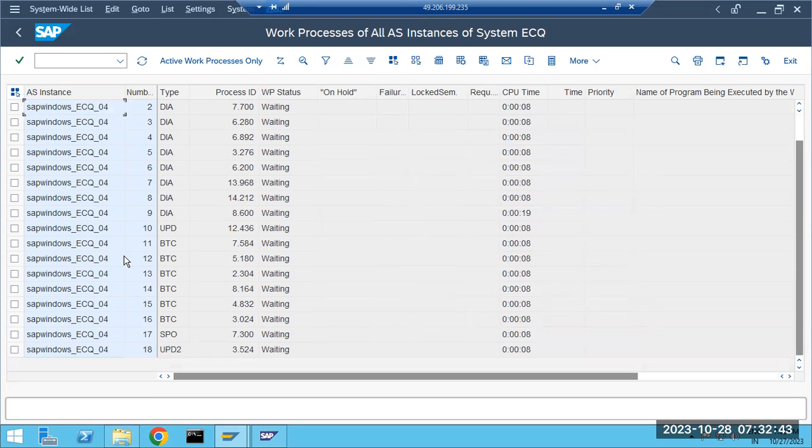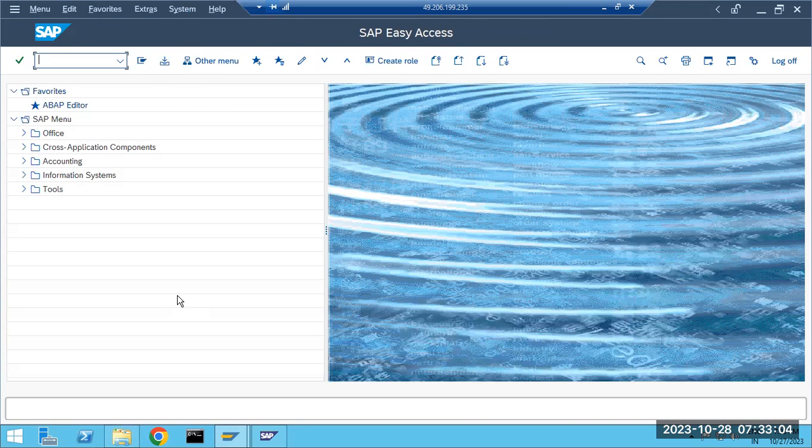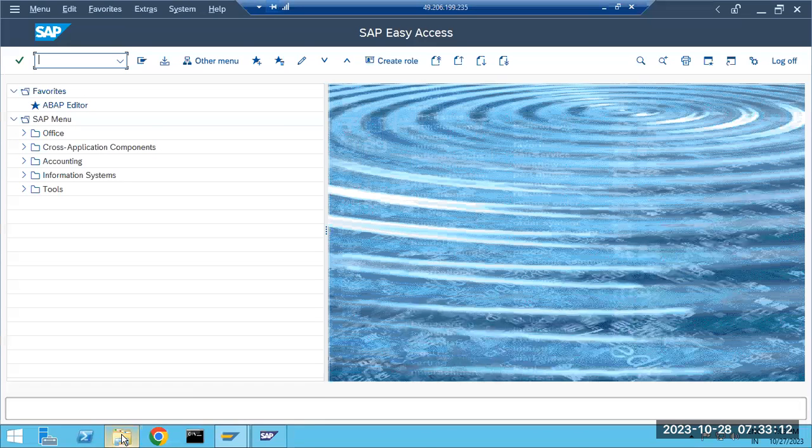If you have more than one application server, one more item will come, like SAP Windows ECQ_060707. One more instance will come into the picture here. That is called the global. But for now, I think one is enough. We know how to install the additional application server also. We just have to go to the SWPM and install it here, right? That is the